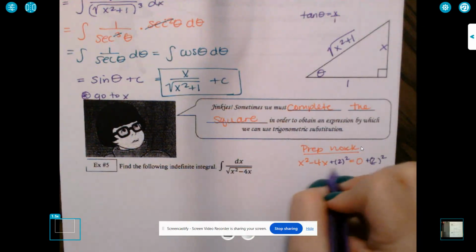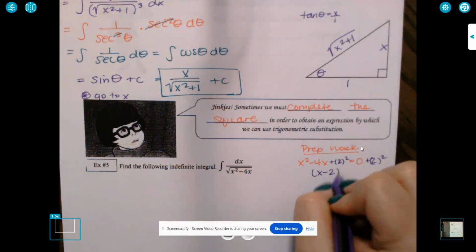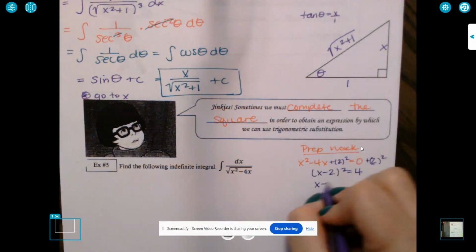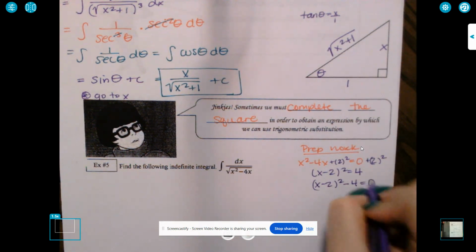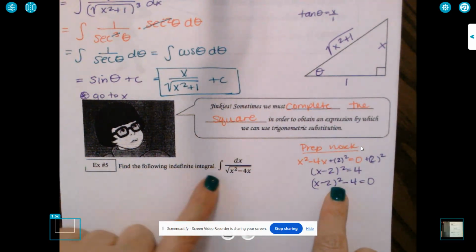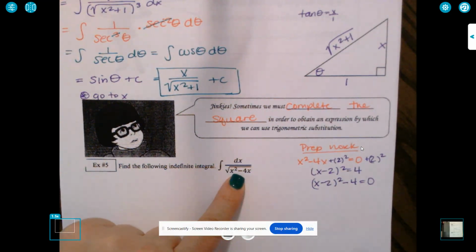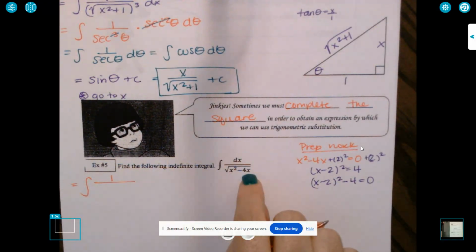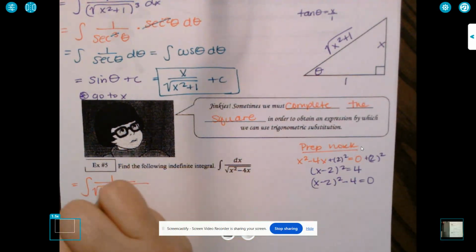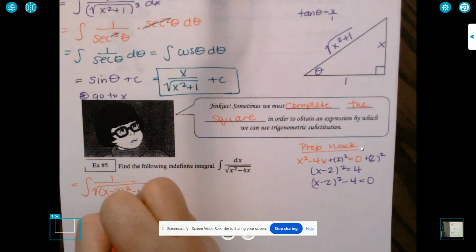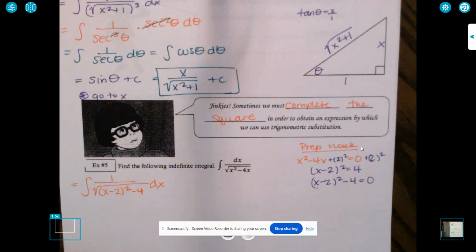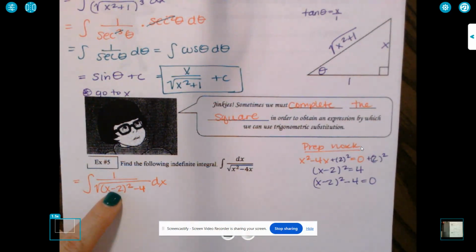So that's going to give me, on this side, x minus 2 squared is going to equal 4. So now if we move that over, we're going to get x minus 2 squared minus 4 equals 0. So now we can replace this with this. What I mean by that, instead of writing x squared minus 4x, we're going to write the square root of x minus 2 squared minus 4 dx. And if you think about it, if you were to work out x minus 2 squared, okay, when